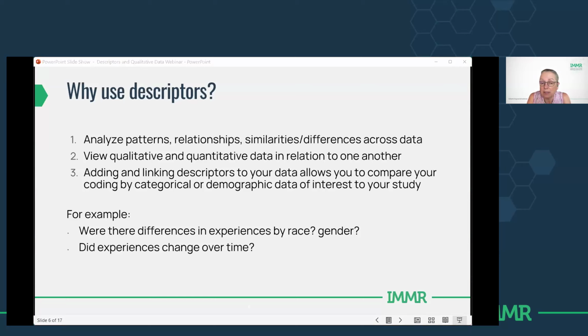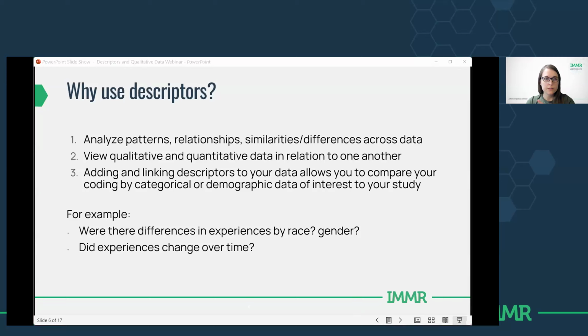But you might want to try, say, 2 or 3 descriptors. You might want to try to have, say, gender to start with, and maybe age range or location, or just 2 or 3 small types of things that can actually then allow you to delve into your data analysis in different ways. So don't feel you have to use descriptors, but if you do use descriptors, it does make Dedoose more powerful. It really opens up a lot of the data display, data visualization options.